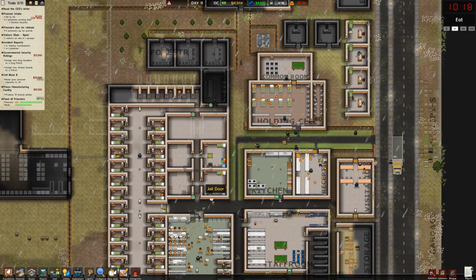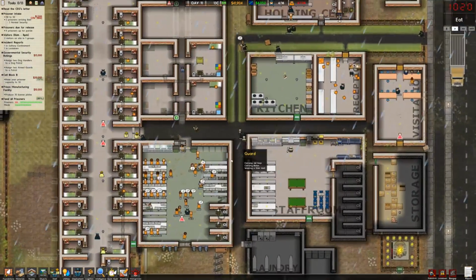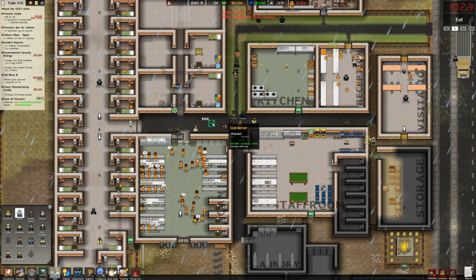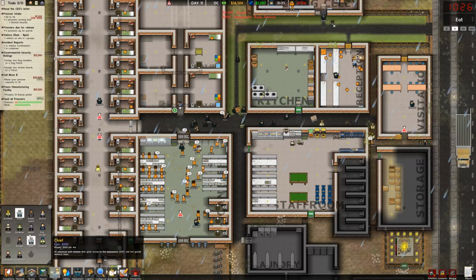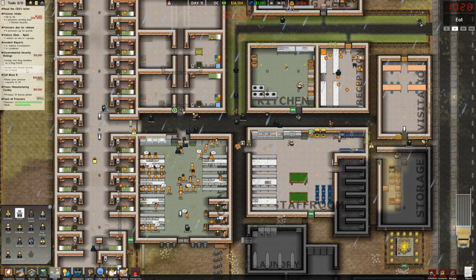I think that's an important thing. All right, we've only got 16 guards, and we've got 50 prisoners. So I think it's probably time to hire some more staff. So I'm going to grab probably 1, 2, 3, 4, 5, 6, 7 guards, 8, 9. I think 9 guards. Now, I need to hire 2 armed guards and put them on a patrol, and then